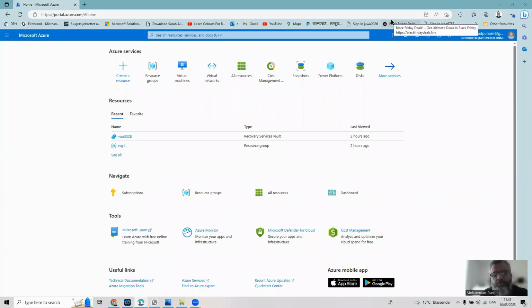Hi, this is Muhammad. Today I'll demonstrate how resources of one subnet in a specific VNet can communicate with each other with private IP. So for that reason, we need to log in